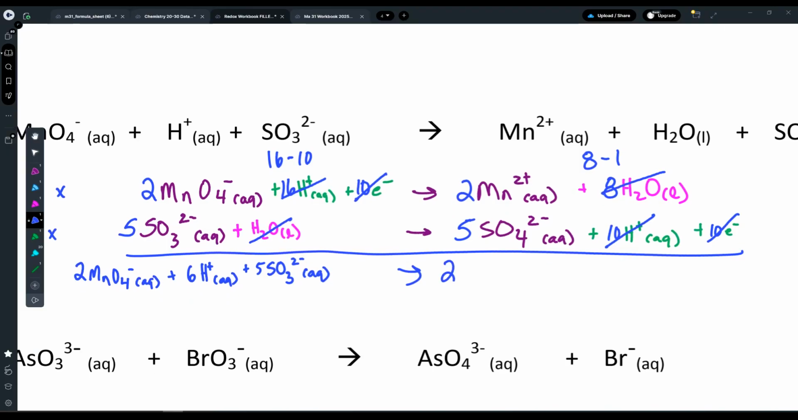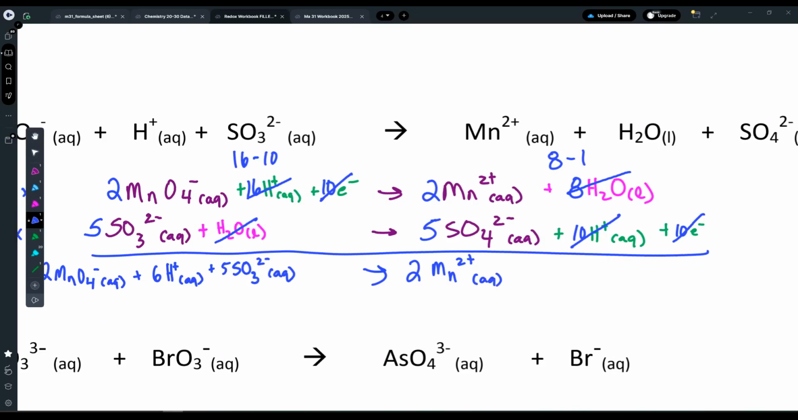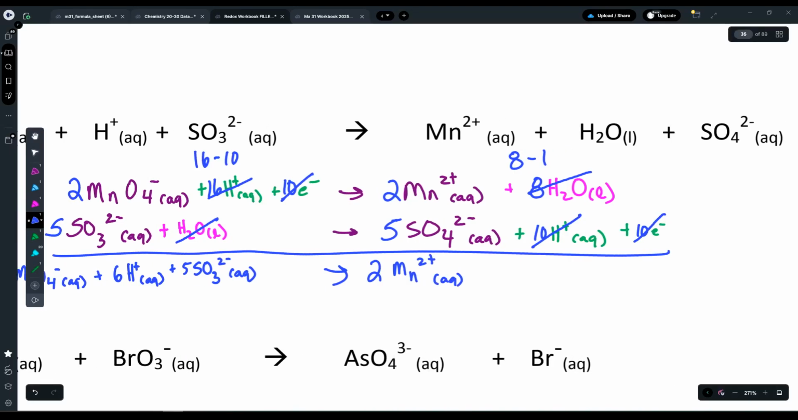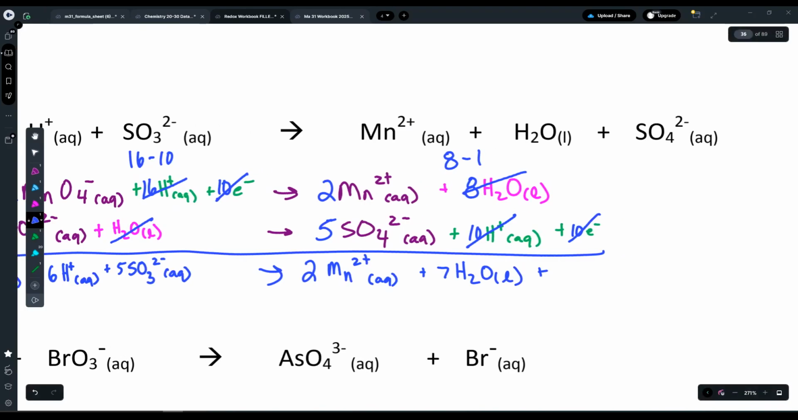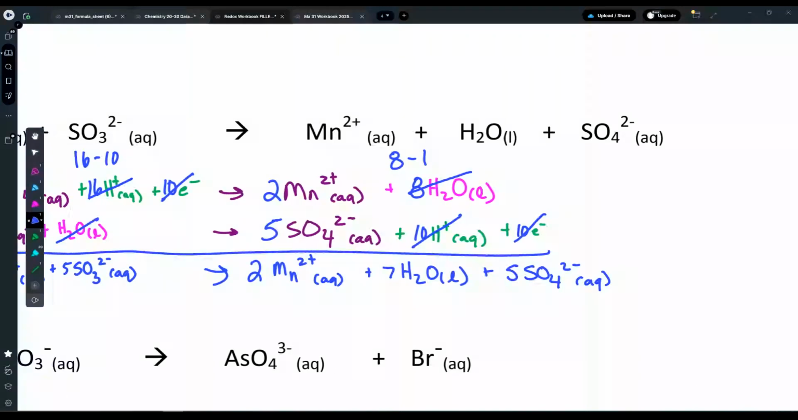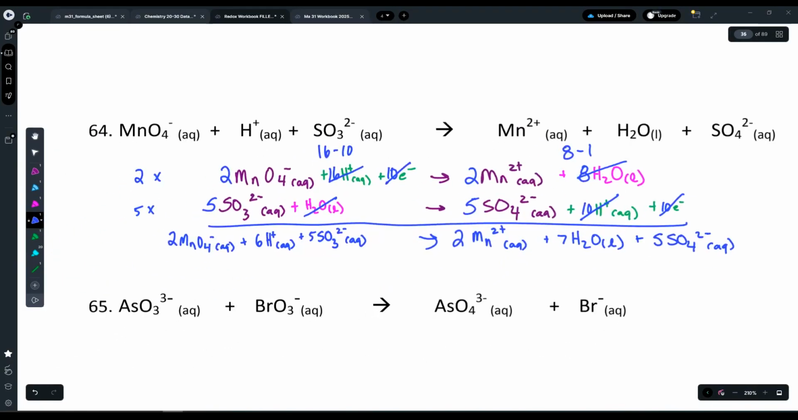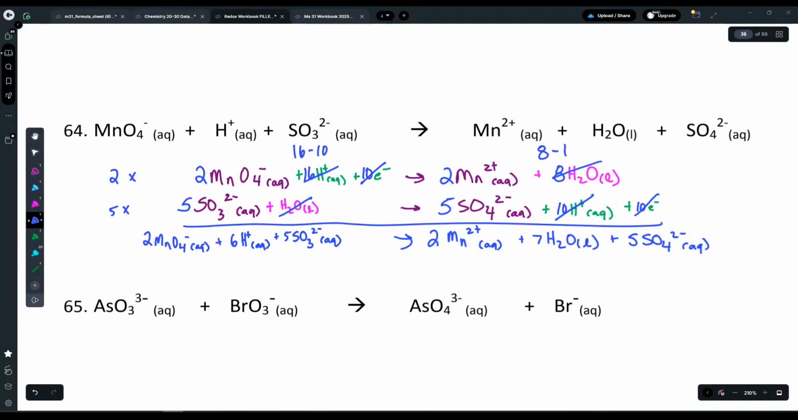Okay, so writing the net reaction, the products for it are going to be 2 manganese ions plus, so 8 minus 1, that's 7 waters, plus, so now I'm in the products for the second reaction, 5 sulfate ions, and the rest canceled out, so I don't need to worry about that. Okay, so